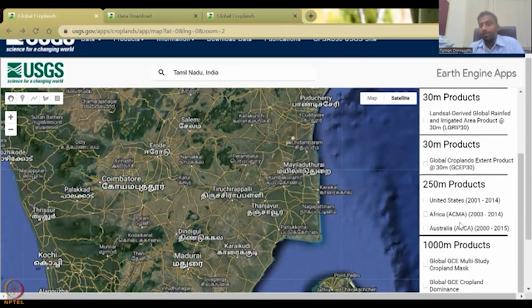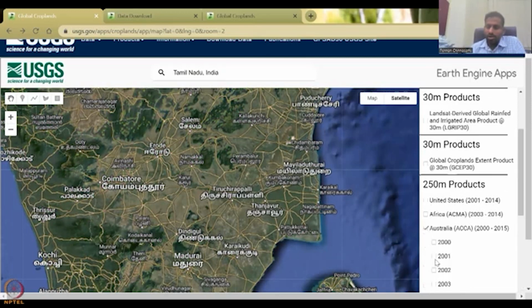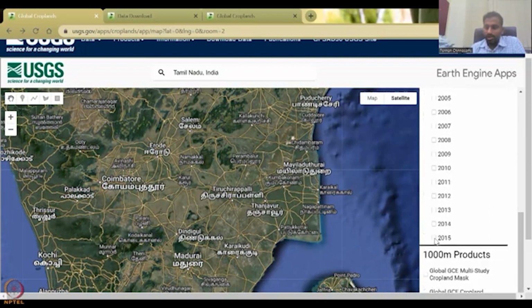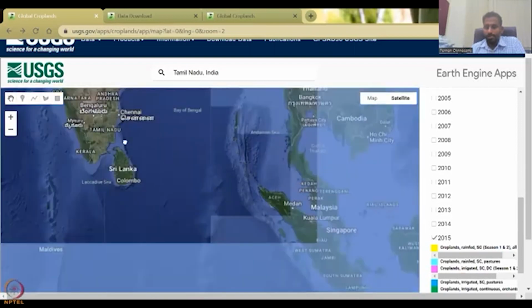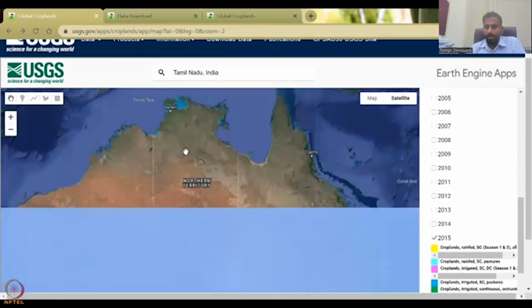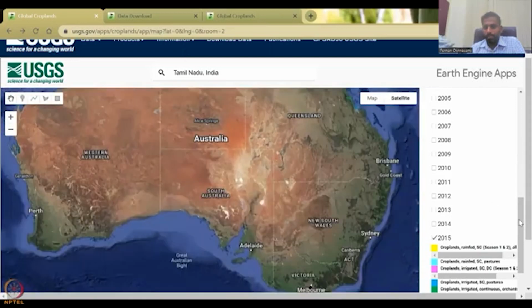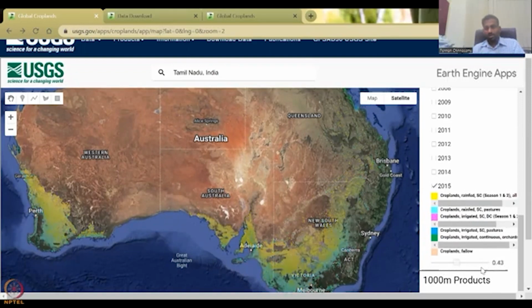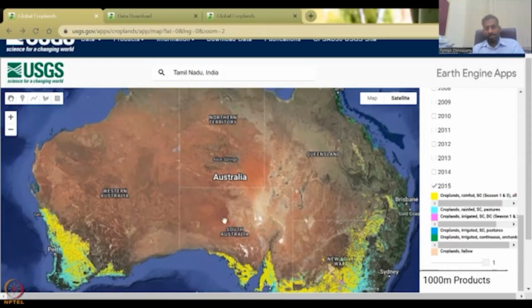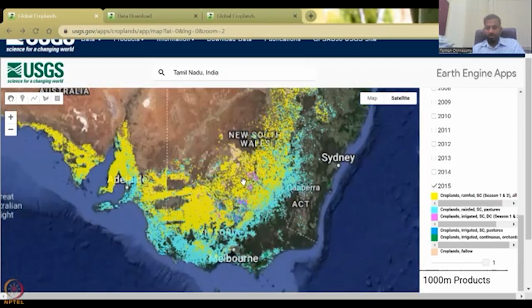Now you have these 250 meters product, which is bigger in resolution. Let's do Australia. And then you have multiple years. Okay, let's do 2015. And what they're going to do is they're going to show Australia's land use land cover, cropland, rainfed, season 1, season 2, and then the croplands fallow. All these are there. So you could see that there is tremendous fallow land in Australia. The central region is very, very dry. And that is one of the reasons they are high